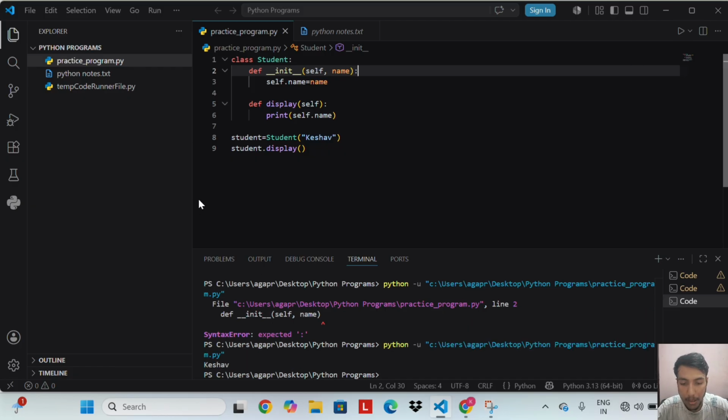Encapsulation means bundling the data, the attributes, and the methods, the behaviors, together inside a single class. Here, name is the data and display is the method. Both are kept together inside the Student class. They belong to the same unit. The idea is that instead of having data scattered everywhere in your program, you keep it organized inside a class along with the methods that work on it.